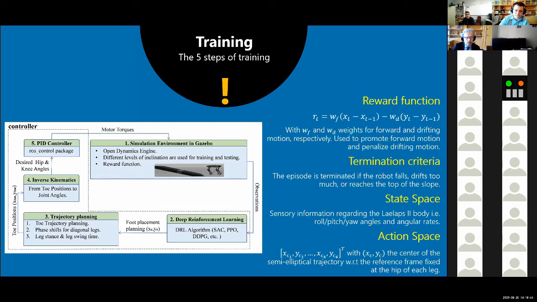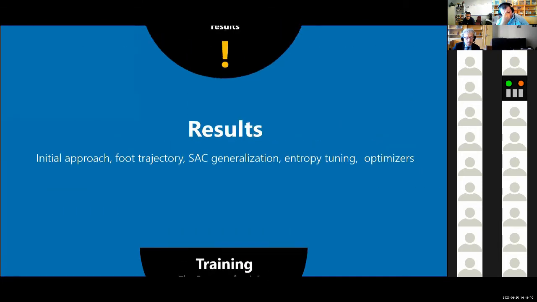We have to mention that the reward function that we used promotes forward motion and parallelized drifting motion. Of course, we have some termination criteria. If the robot falls off or if the robot drifts too much, we have defined the state space and the action space. The action space is the center of the semi-elliptic trajectories, which is the output of the deep reinforcement learning algorithm. Now, concerning our results,